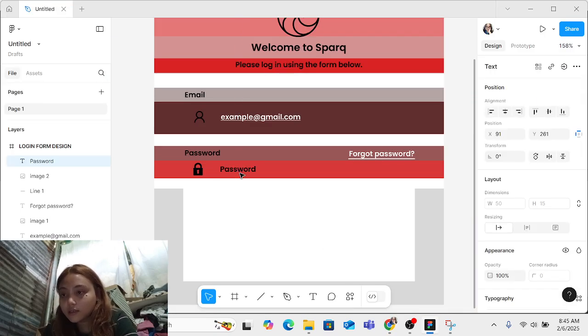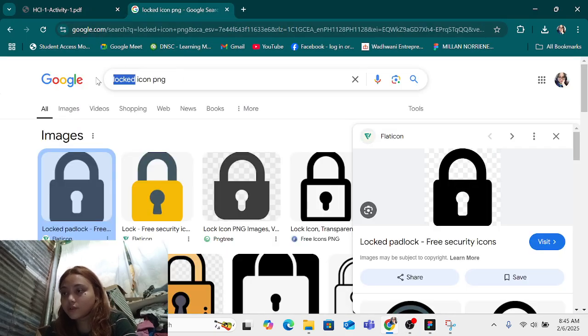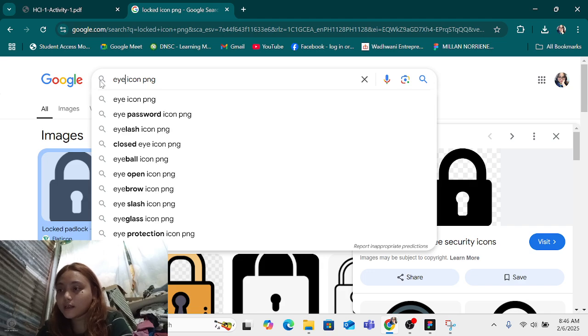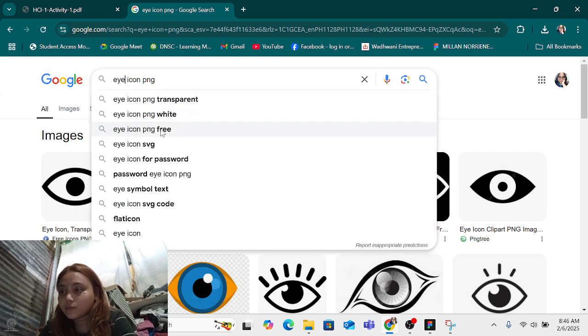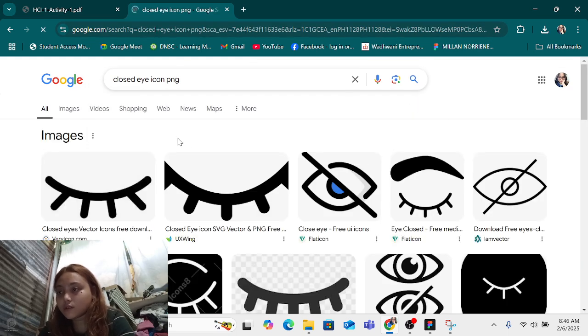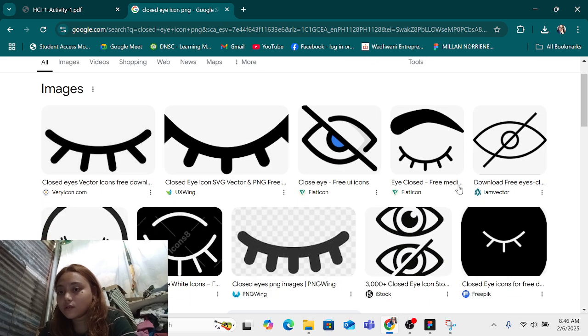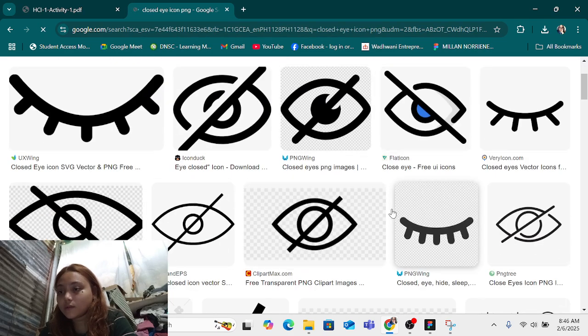Then next is we're gonna search icon PNG. Okay, search those PNG. So let's find something we like.